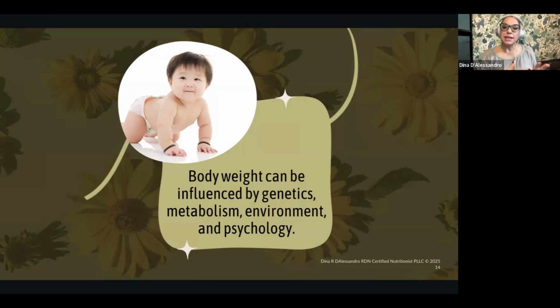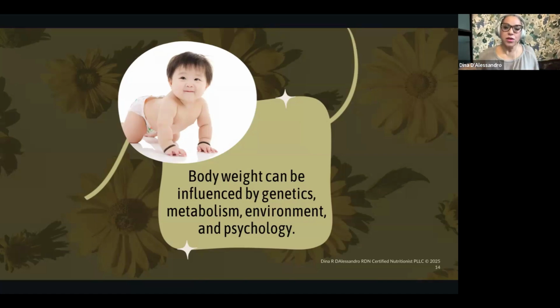I have to really take into consideration such a wide variety of things, and also acknowledge that body weight is influenced by a ton of different things. Like you just saw, a lot of things can affect your body weight, including genetics, including environment. And if you've attended any of these webinars before, we always talk about the social determinants of health, meaning, do you have access to quality healthcare, affordable food? Are you on medicine? Are you stressed out? How's your sleep? There's tons of things, education, literacy, there's tons of things that can affect overall life habits, and